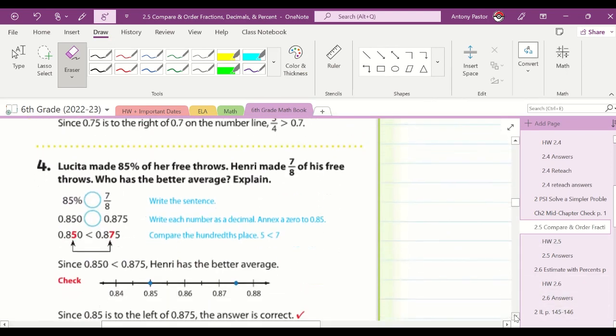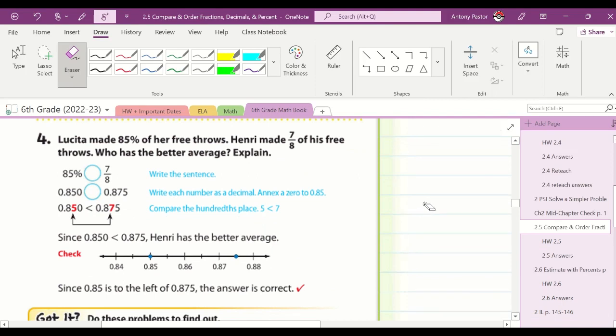Example number 4. Lucida made 85% of her free throws. Henry made 7/8 of his free throws. Who has the better average? Explain. Now, last example, I turned a fraction into a